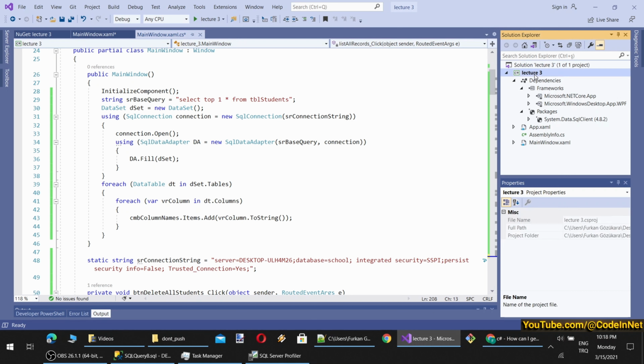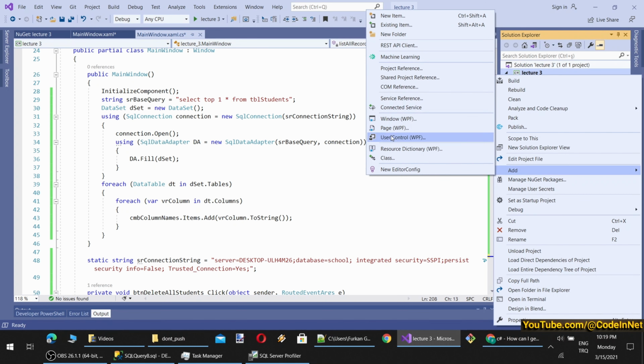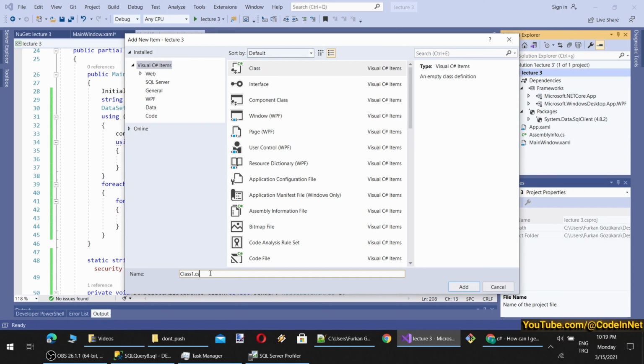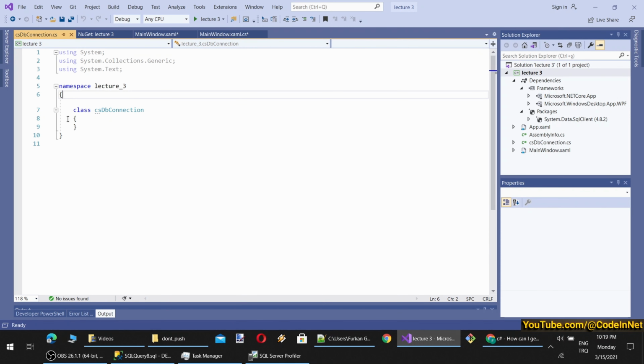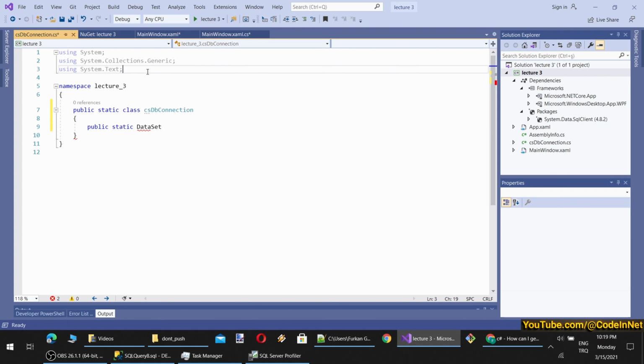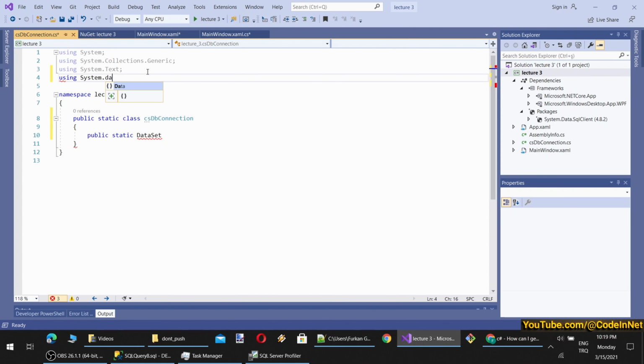I can add a static class for my database operations, and I will name it CSDB connection. It is added. I will write some methods: public static DataSet, and in order to return a DataSet I have to add using System.Data.